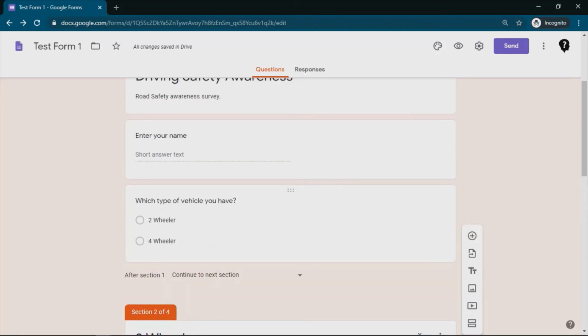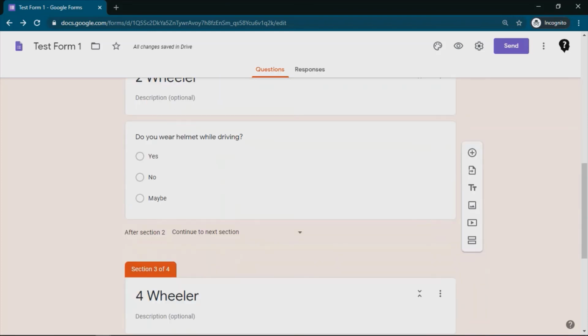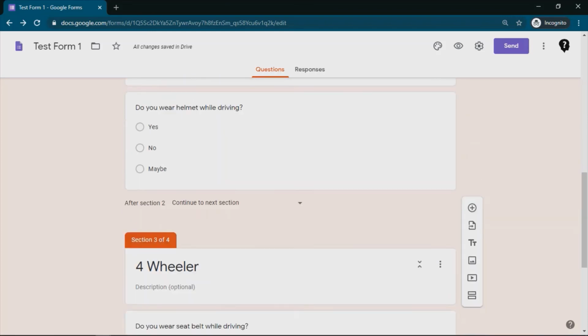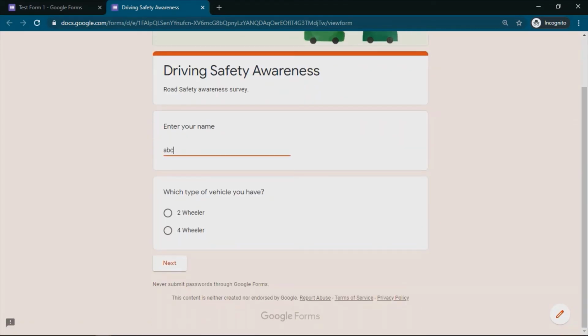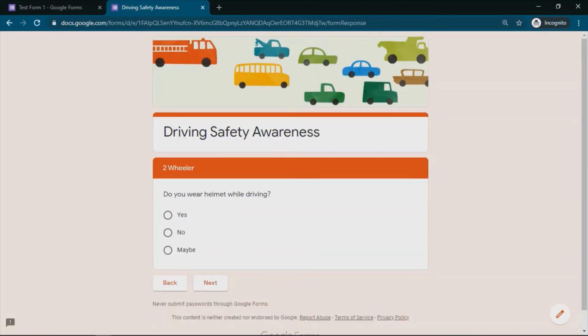Now what will happen is, if I select this two wheeler, it will jump to the two wheeler question, and then after that it will continue to the next section, which is an irrelevant thing. So let me show you how. For example, ABC, if I select two wheeler, it will go to the two wheeler helmet.